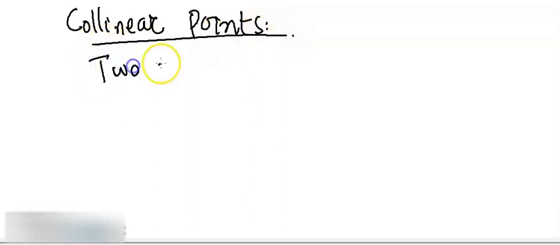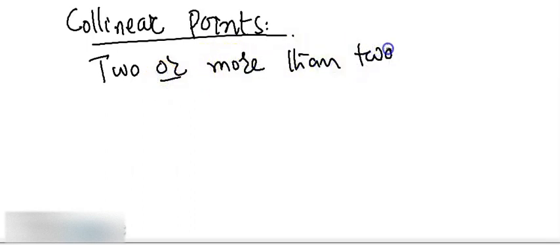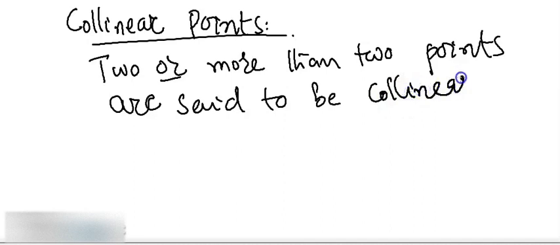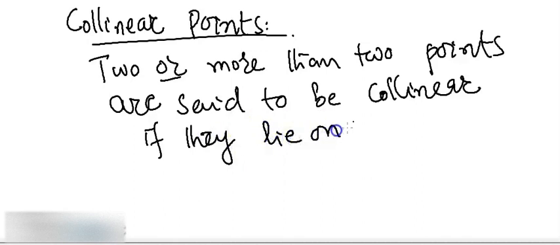So let's talk about some other things related to slopes of lines. We have a concept of collinear points. Two or more than 2 points are said to be collinear if they lie on the same